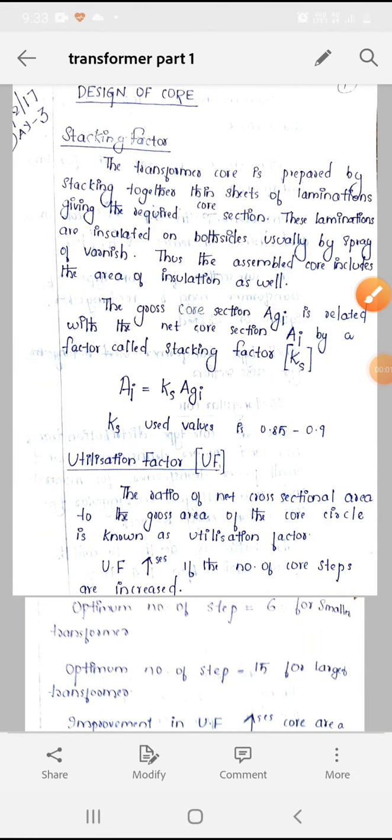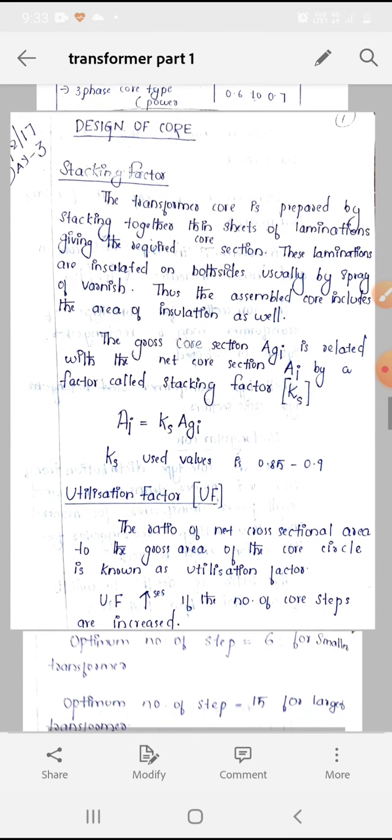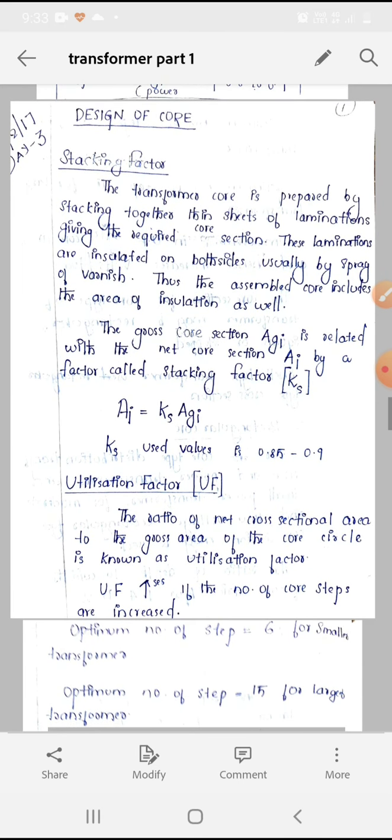Welcome back. We learned the single phase and three phase output equation, and also the voltage equation, or EMF per turn, of a transformer. And we have also seen the overall dimensions and the steps to design the transformer. So the next important session, from the exam point of view, is design of core.